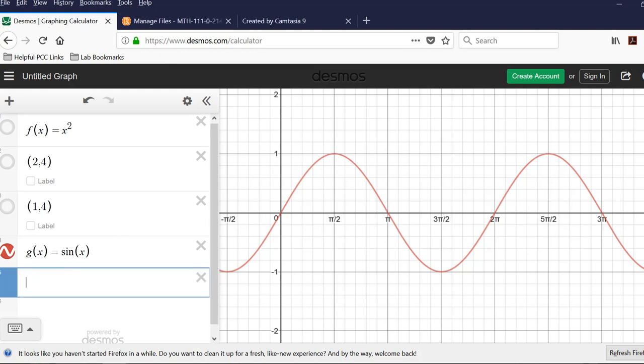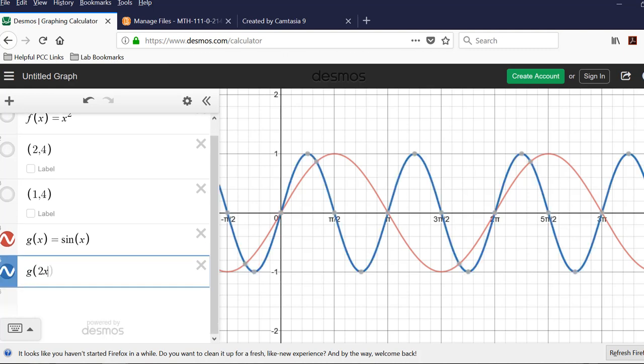So I'm going to go here and type the following. I'm going to multiply that x by 2, so 2x, and it produces this function right here, the blue function. And you'll notice now that, just like I did for the horizontal shifts, I want to keep track of what happens to particular points. So consider this point right here, this pi,